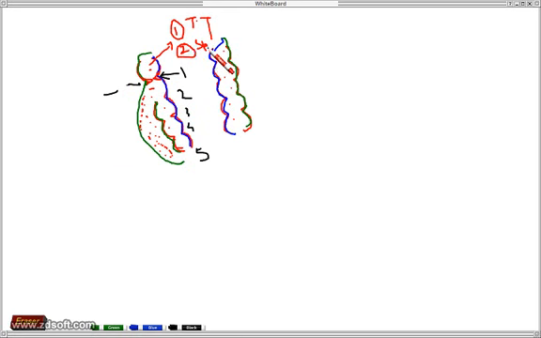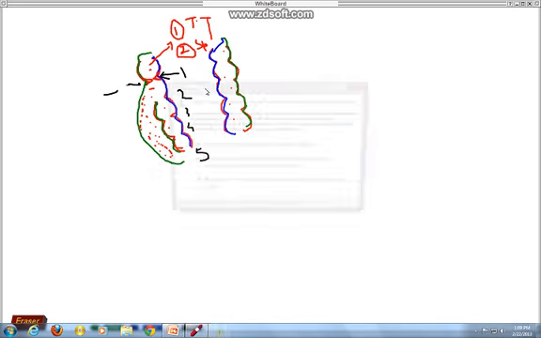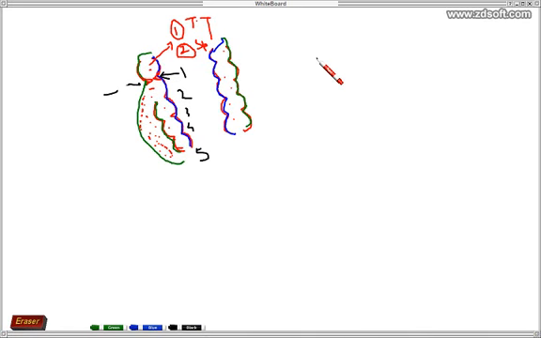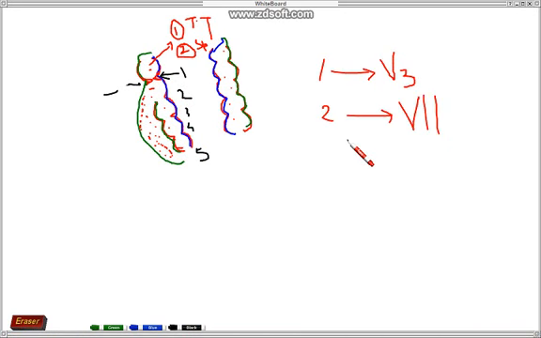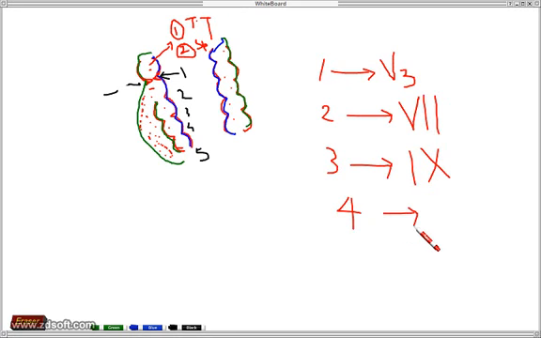Now always be careful, we'll see about the nerve which is innervating all these arches. The first arch is always innervated by the mandibular branch of your trigeminal nerve. The second arch is innervated by your facial nerve. The third arch is innervated by your glossopharyngeal nerve. The fourth arch is innervated by the superior laryngeal branch of your vagus nerve,